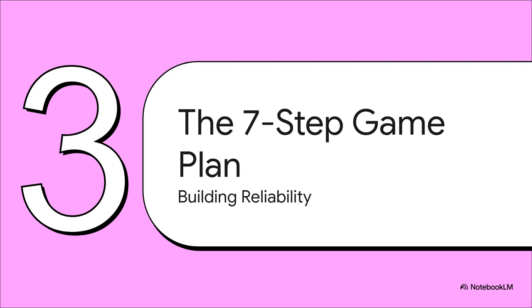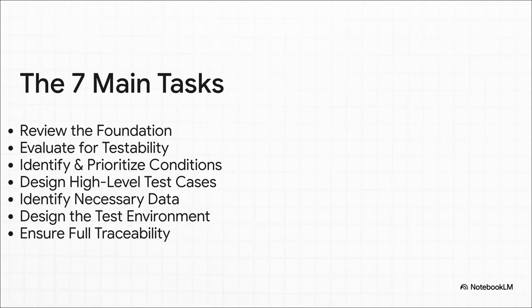So how does this actually play out in the real world? Well, the pros follow a really clear game plan. It's not some big secret. It's a repeatable, 7-step process that takes them all the way from a list of ideas to a fully tested piece of software that you can trust. So let's walk through that game plan. This game plan has 7 key moves.